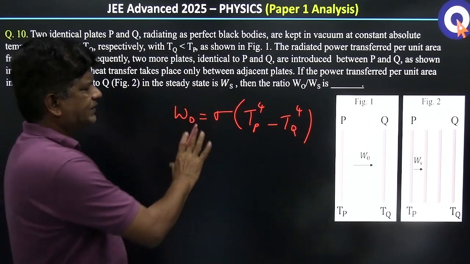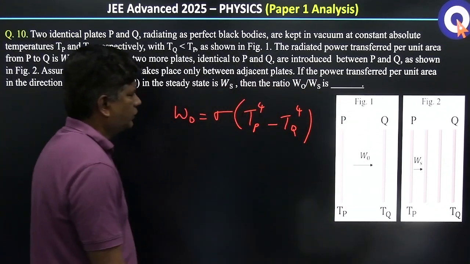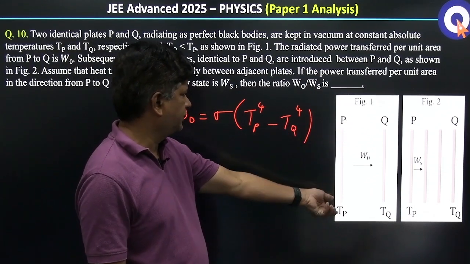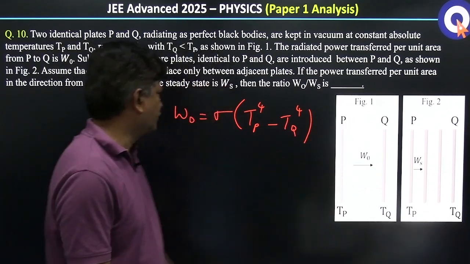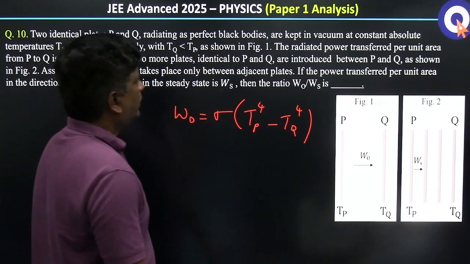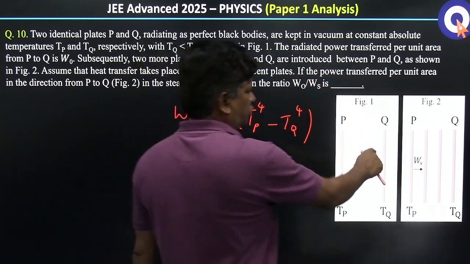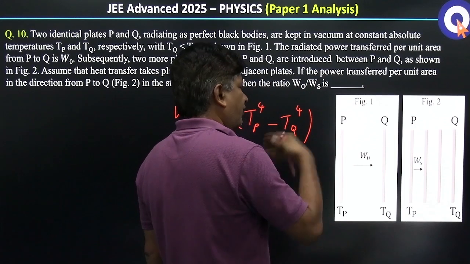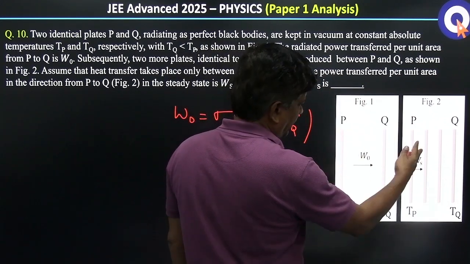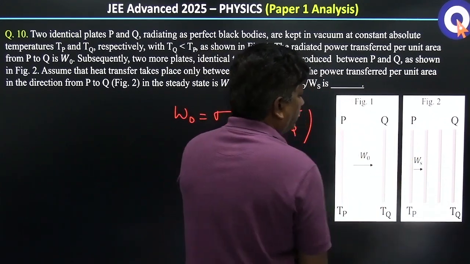So this is the initial information that is given to us, where Tp stands for the temperature of this slab, Tq stands for the temperature of this one. Now what they are trying to do is introduce two more identical slabs in between these two plates. And after some time, when they attain the steady state, he is asking